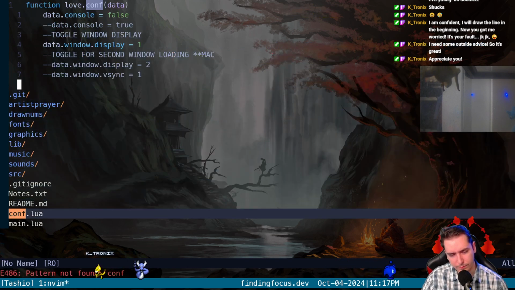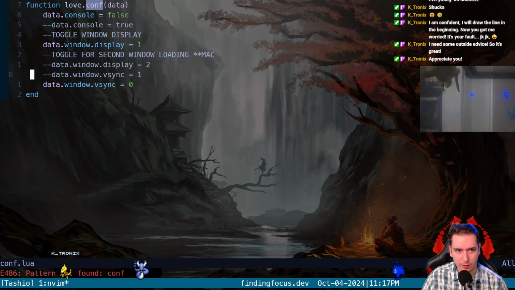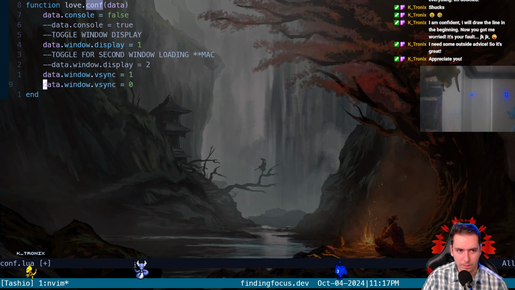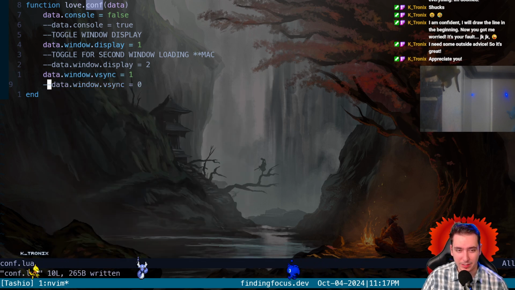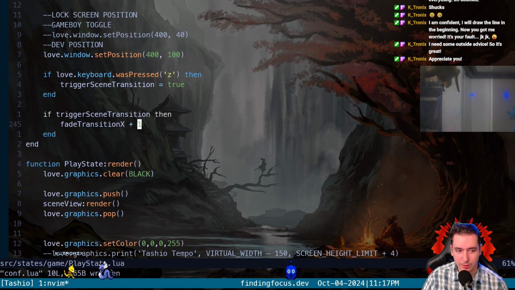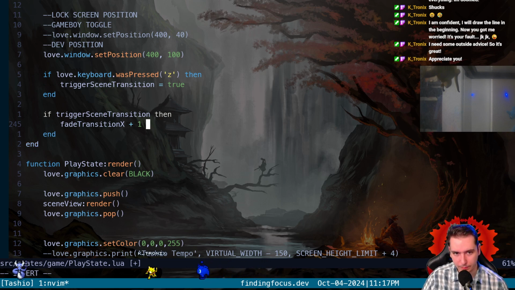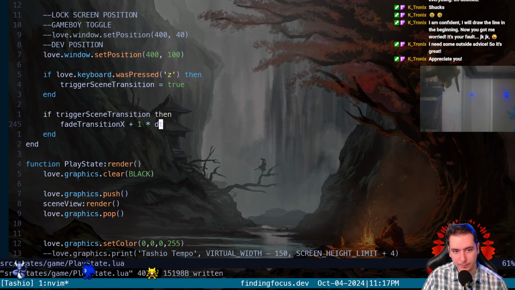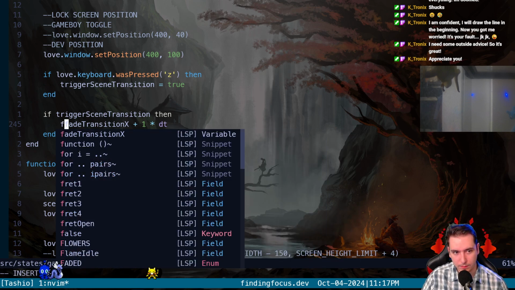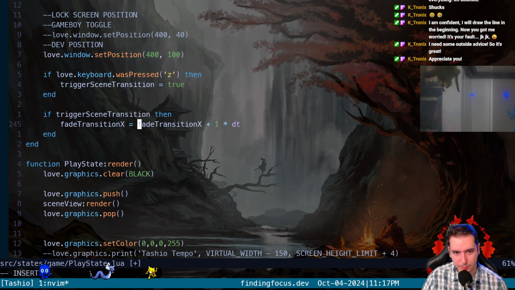There it is. So yeah, we want our VSync to be turned on so that we get the constant frame rate of 60, right? So that would mean we would probably scale it by delta time, actually. So yeah, we need to scale it by delta time. So we can say multiply by delta time, and we set the X position to be modified by, now that we're modifying it by delta time, we can give it a